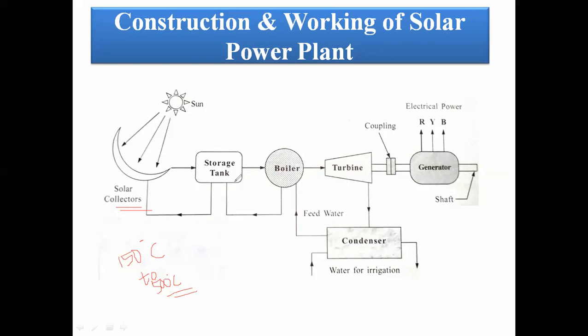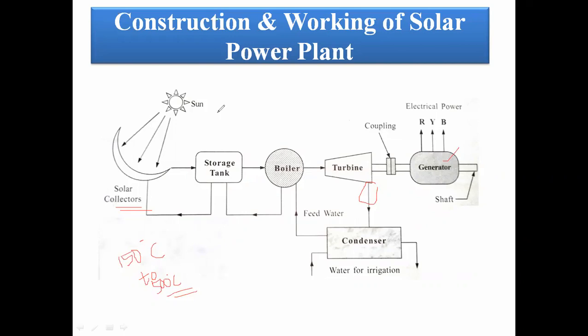Here is the solar storage water tank. In this, the water is converted in the form of heat energy, into steam. That steam drives the steam turbine, which converts the heat energy into mechanical energy. Further, that mechanical energy is converted into electrical energy with the help of an alternator or AC generator. Some amount of the steam is wasted in the turbine, collected in the condenser, and reflected back into the boiler feed water.